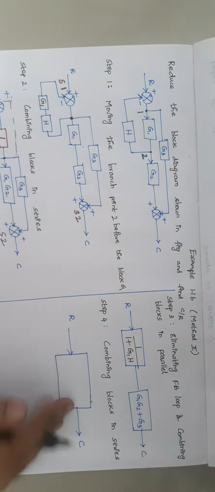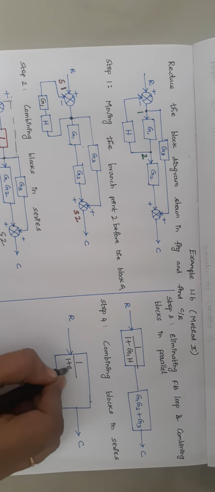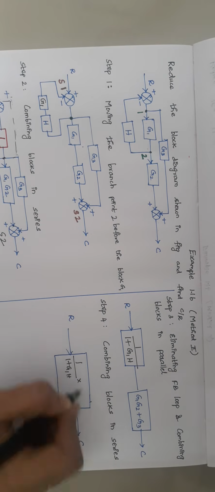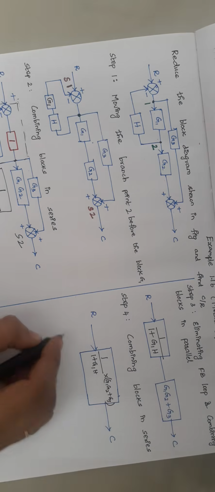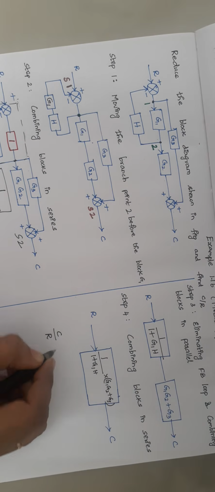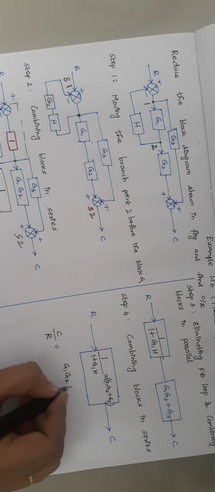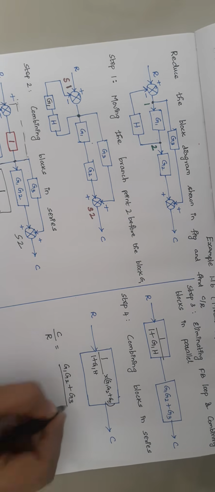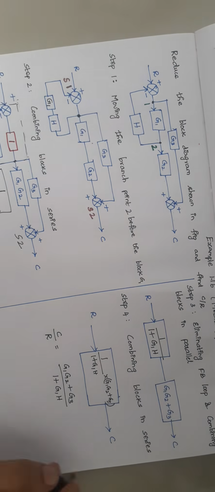When you multiply, your expression will be 1 by 1 plus G1H multiplied by G1, G2 plus G3. So when you write the transfer function, C by R, that is output by input, is nothing but G1, G2 plus G3 divided by 1 plus G1 into H. This is our